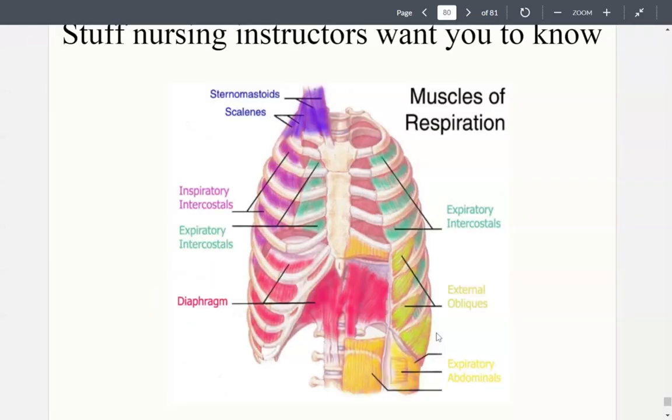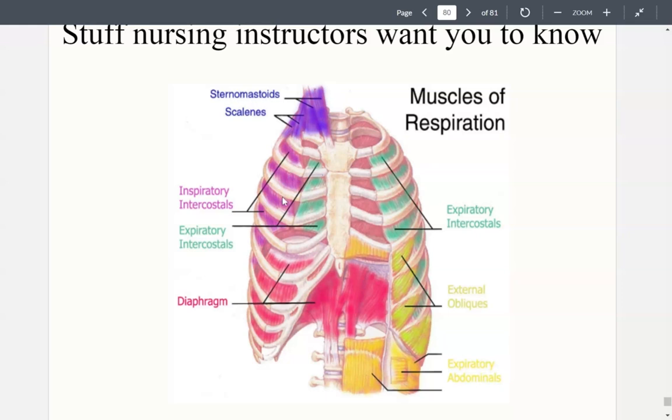Now, for my respiratory therapist individuals, there are muscles in the chest cavity your respiratory therapist instructors want you to memorize. Do you need to memorize them for an exam? A couple of these, for me. For them, you need to know them all. So what are they? Sternocleidomastoid. If you turn your head, that muscle that pops out as you turn your head, that's the SCM, sternocleidomastoid. Located underneath that is going to be your scalenes.